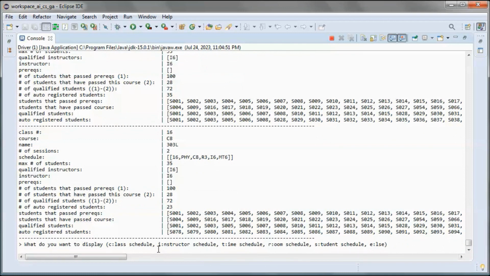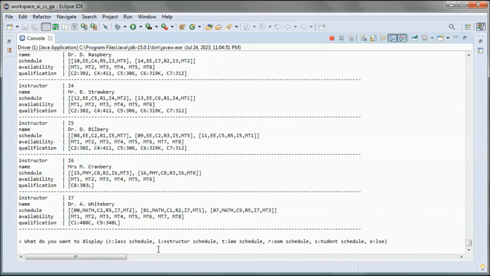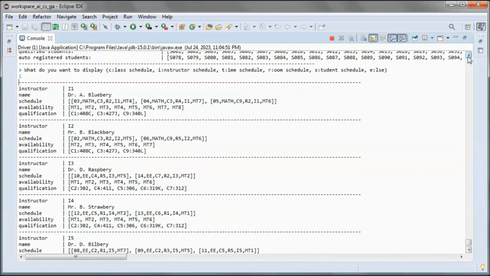So let's take a look from the instructor perspective. We have those 7 instructors, and each instructor was scheduled for those classes. And this is each one of their qualifications and their availability.